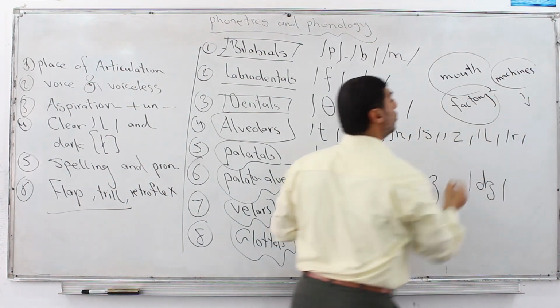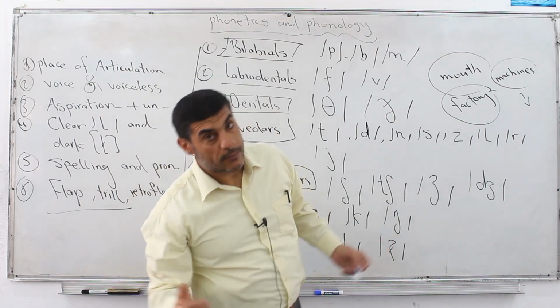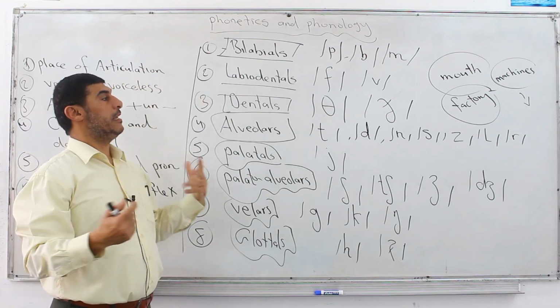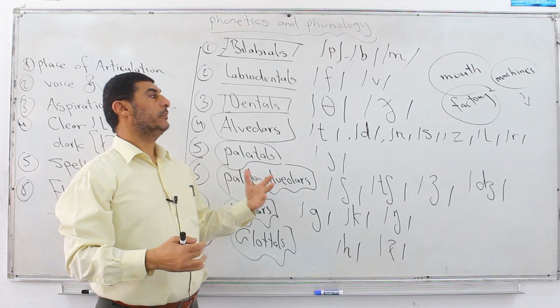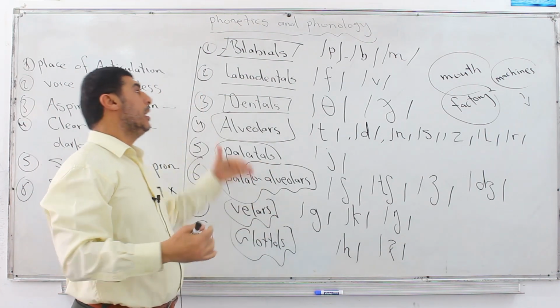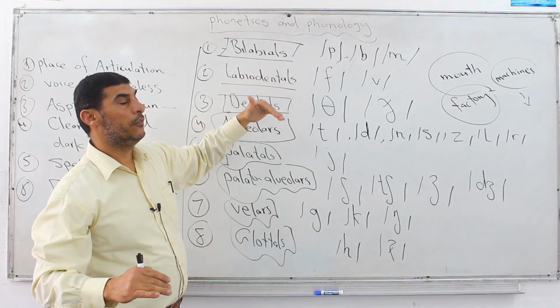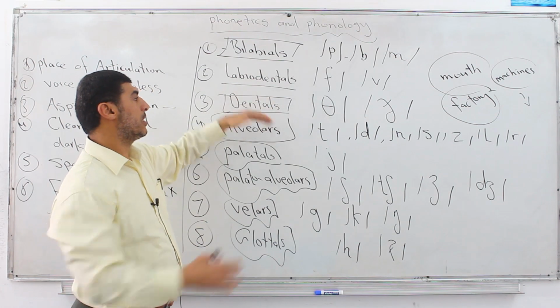And each machine produces specific products or goods. Why is the mouth like a machine? Because it produces lots of different goods. I would say this is a product. So we have different